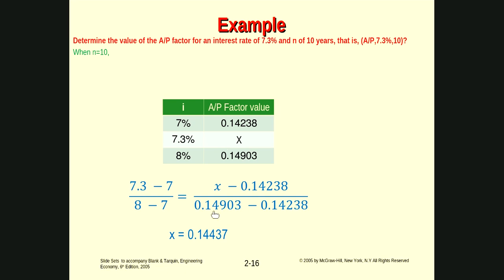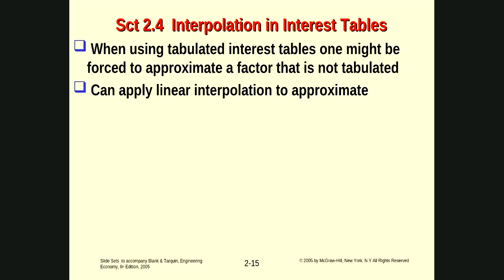Then you cross-multiply those two sides together to solve the equation for x, and that will be the value for 7.3. So when we have an interest value that is not listed in the table, in that case we use the interpolation concept that I believe you already covered in linear algebra, or in calculus 1 or 2. Okay,